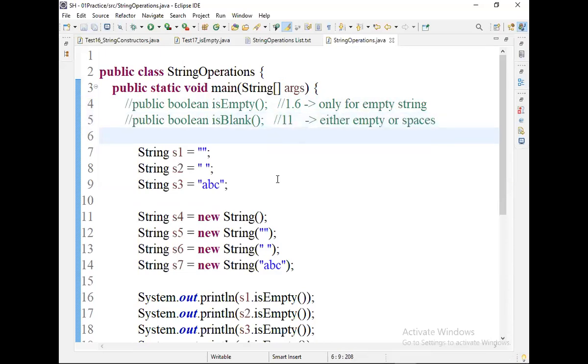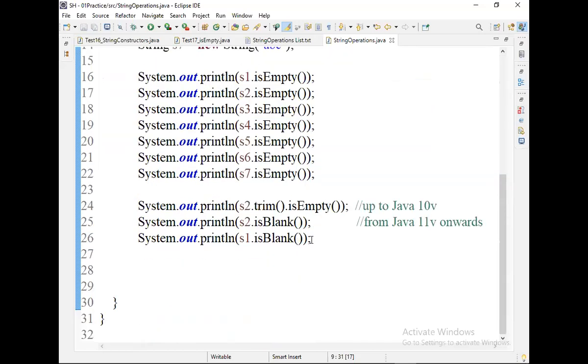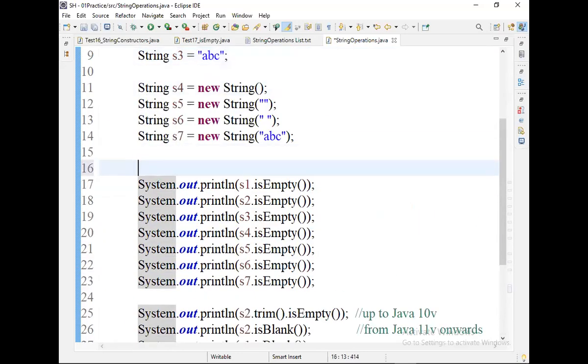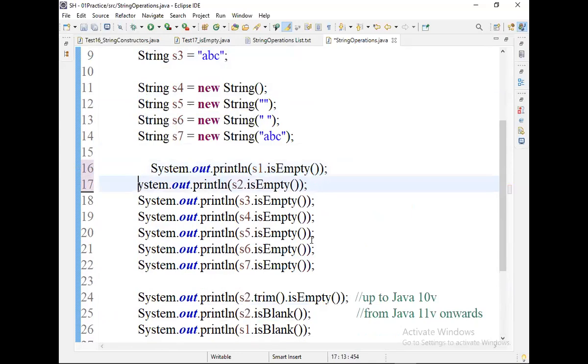Now tell me, if I write one more string, s8 equal to new String with double quotes, space, a, space.